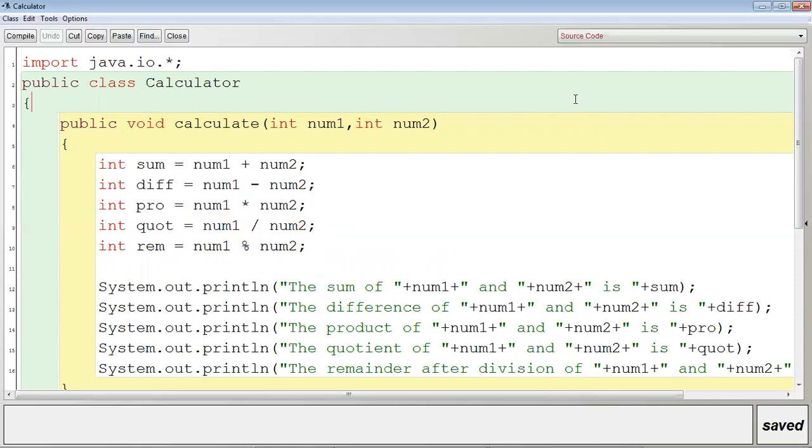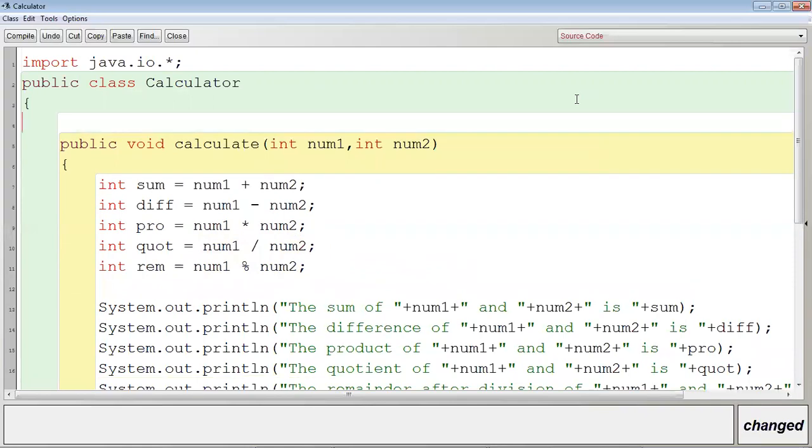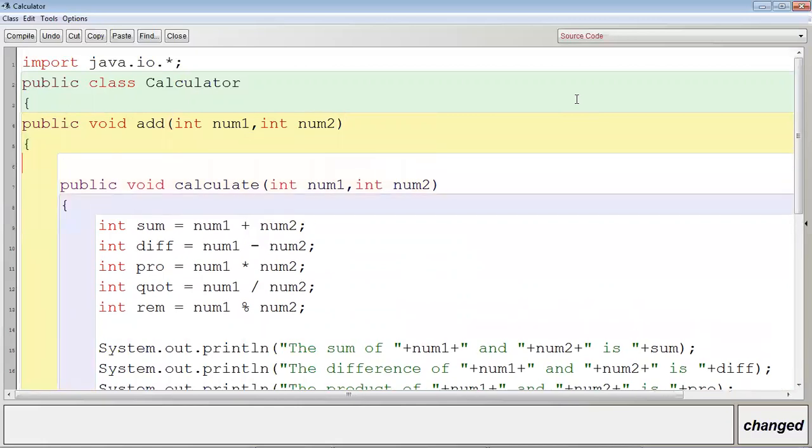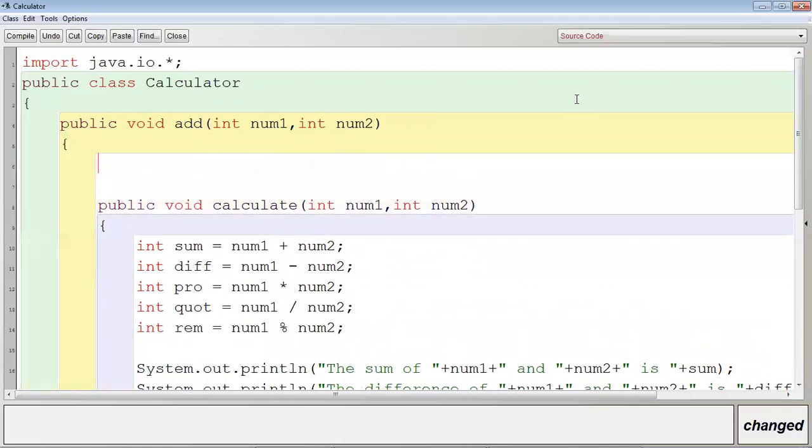For example, public void, let the first method be the add method. Let me make it parameterized: int num1, int num2. Int sum is equal to num1 plus num2.